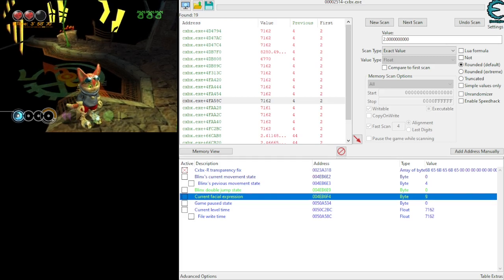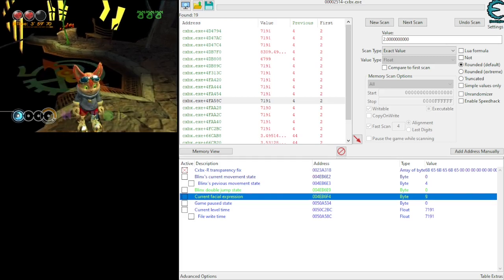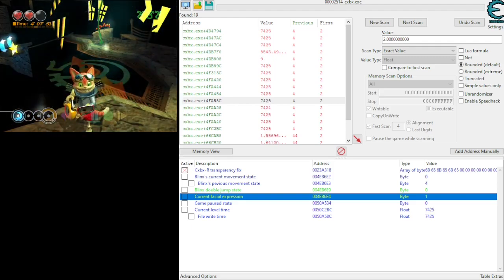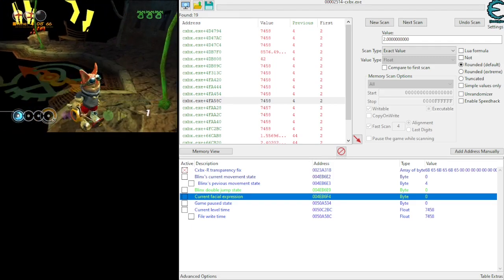Now you may be asking, so how much upwards force does the jump have? Well, it's actually best to think of it as downwards force. Positive and negative in the 3D space of BLiNX the Time Sweeper are flipped, so up is down and down is up. The jump force is negative 2.75. As for how strong the gravity is, it relies on a lot of math, and that's far too complicated for today,